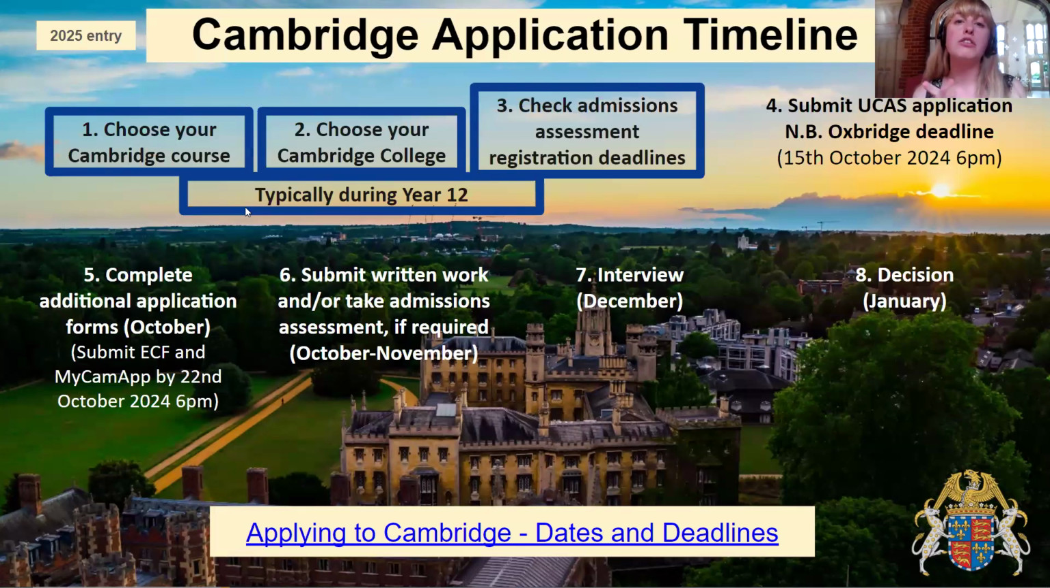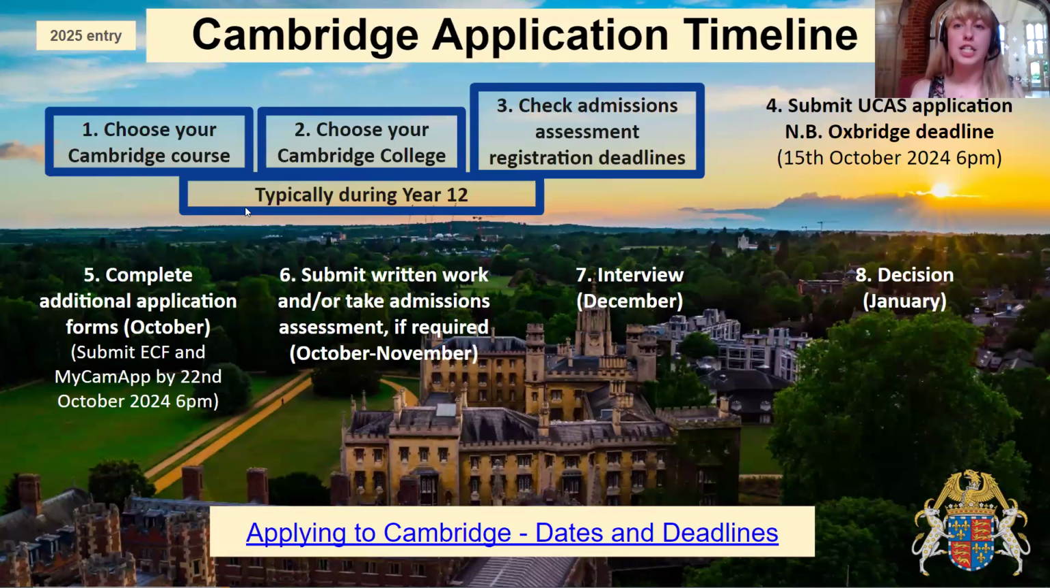And then also crucially, you need to check when the registration deadlines are, if the course you're applying for has an admissions test that you have to register in advance for. I will cover that in a later slide, but the reason that it's step 3 is because a lot of these deadlines for registering for these tests that you have to take as part of your application for particular courses at Cambridge